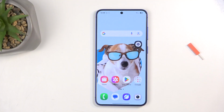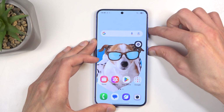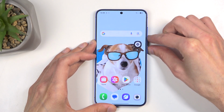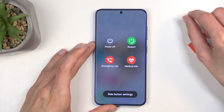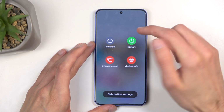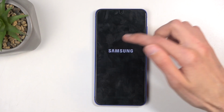So to get started, we're gonna need to hold the power button and... which one is it? Volume down? Yep, the power button and volume down. And once you have the boot options show up, you want to hold power off. As you can see, this changes into safe mode, which we will confirm by selecting it once again by tapping